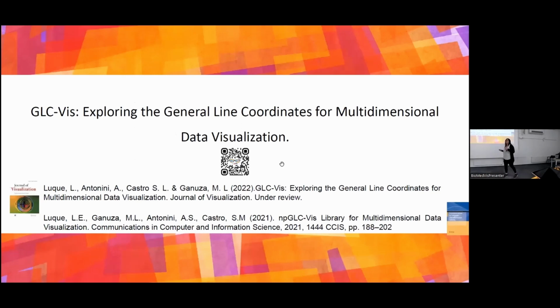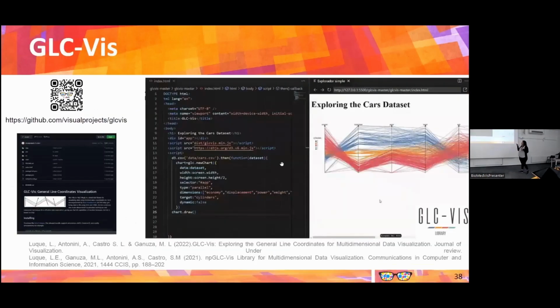It's an open source library in JavaScript to plot all the GLC coordinates with your own data and integrate it in your web page or your project. You can represent your data with different GLC representations, and there is also support for interactions. There are basic interactions implemented there.